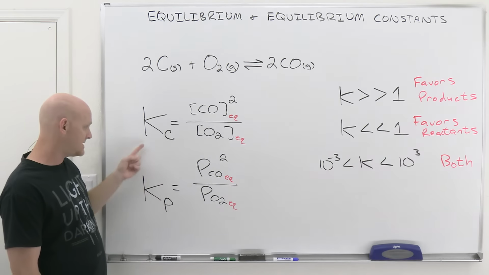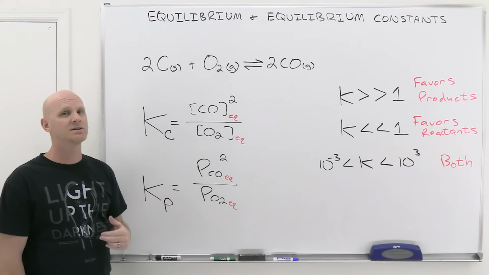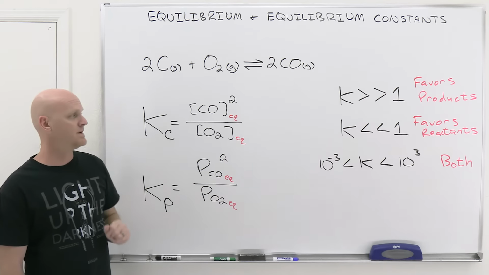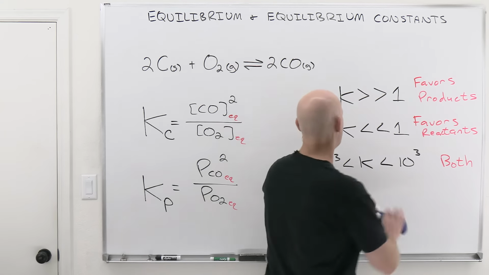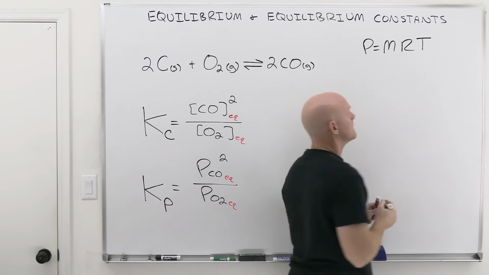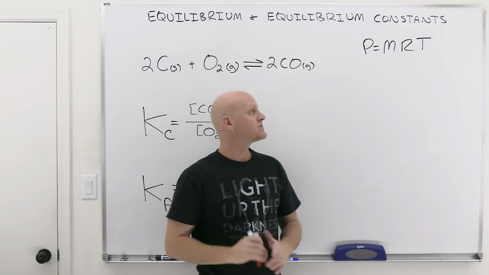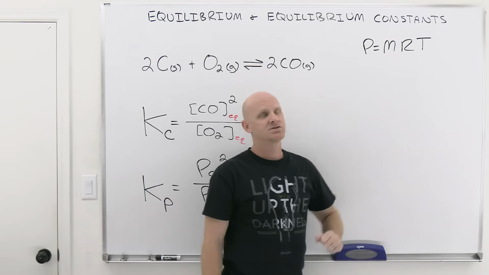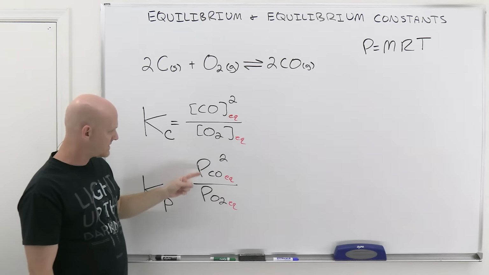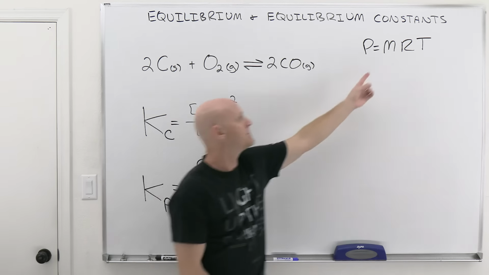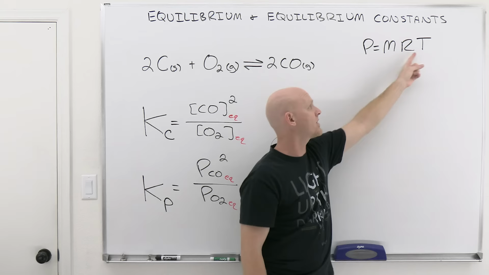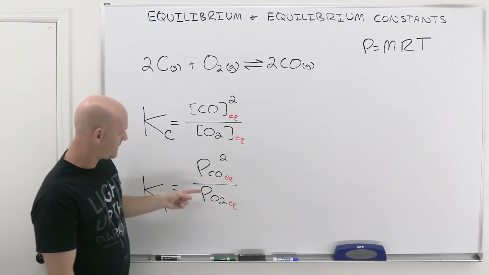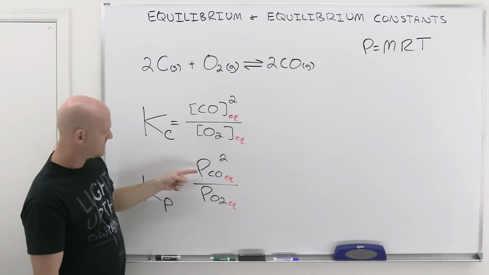And again, Kc and Kp don't have to be numerically equal, but they might be. So let's go back and take a look one more time. We rearranged the ideal gas law a little bit ago and said that pressure equals molarity times RT. If you substitute for every one of these pressures the molar concentration times RT, you'd end up with a molarity on the bottom, just like here, and a molarity squared